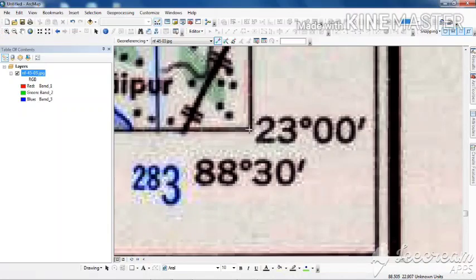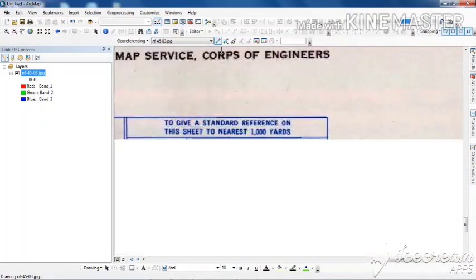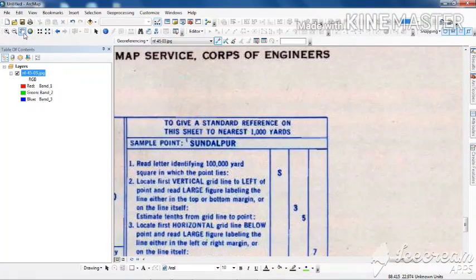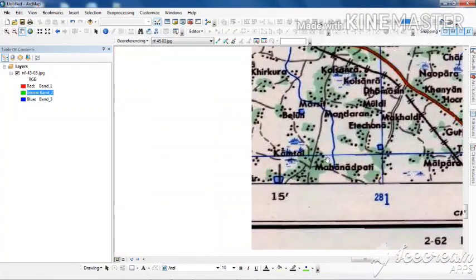So I will take up the add control point option, put the point over here, and you see I am inputting the data. It has almost taken an approximate one, I will let it remain. You can see 88.50 it has already taken, and here it will be 23.00. A slight deviation is there, so I am changing it. So after this third point, I will now go for the next point.